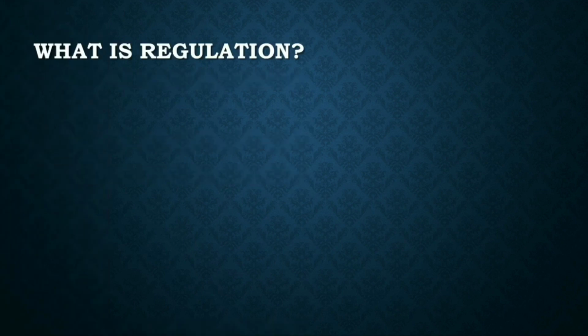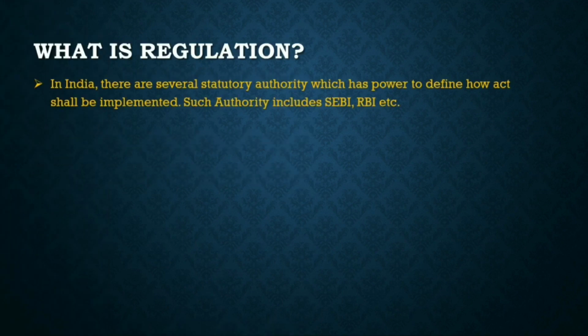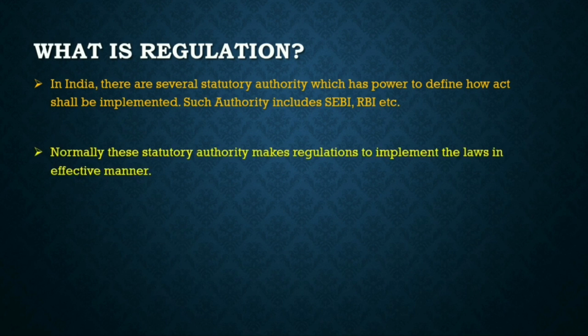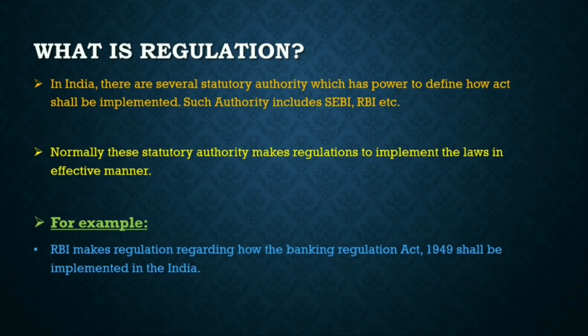Now let's understand what a regulation is. In India, there are several statutory authorities which have the power to define how acts shall be implemented, such as SEBI, RBI, etc. Normally, these statutory authorities make regulations to implement the laws in an effective manner. For example, RBI makes the regulations regarding how the Banking Regulation Act 1949 shall be implemented in India,